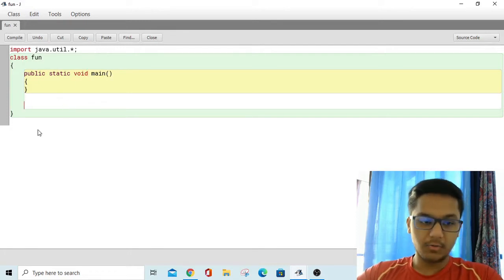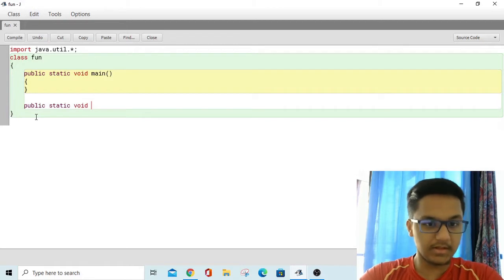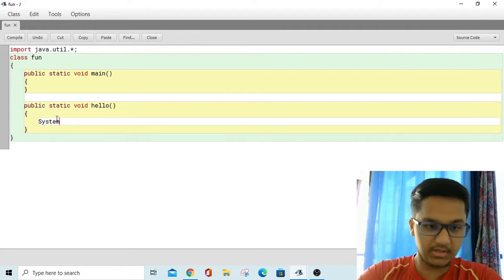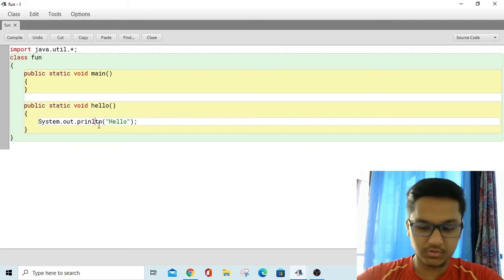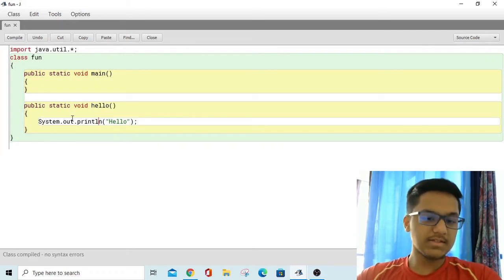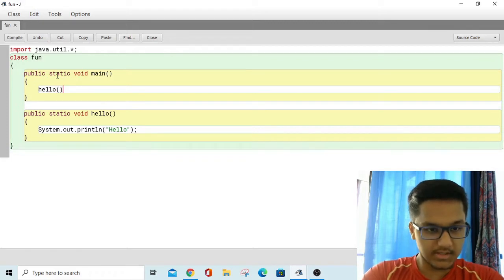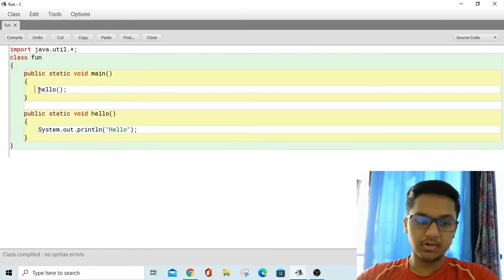So let's say I have a class Fun over here, and I make a function public static void, and the name of the function can be something like hello. What this function does is it prints System.out.println, and it prints hello, a very simple basic function. Now since it's a static function, we call this function by just calling the name of the function in the main method. So we can just do hello with brackets. There are no parameters, so it's just open and close brackets. This is how we call the function,